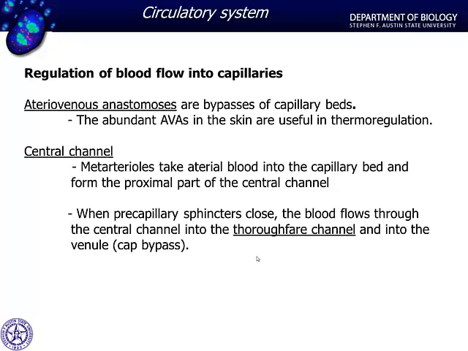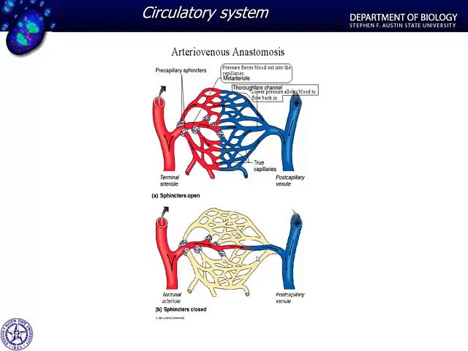This is called the thoroughfare channel. And this, therefore, will bypass the capillary bed. Now, meta-arterioles are our precapillary sphincters. They, of course, can constrict and dilate to reduce the blood pressure getting to a capillary bed, as we see here. But if they totally close off, that's going to create the bypass as the blood simply flows through the